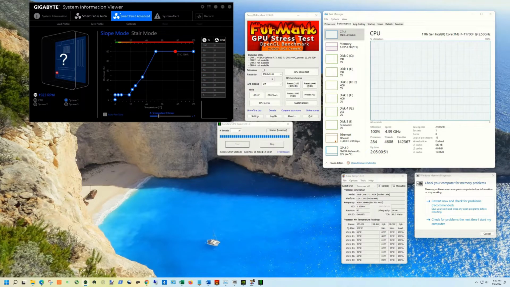Degrees. Now I'll go to the System 1. That's the top fan, and because I'm on SIV, I can actually adjust the fan. So I'm going to move up the fan speed a little bit. Using that little knob there, you can move it up a little faster. Right now it's running at under 1,000 RPMs. I just went to 1,152 RPMs. Whenever you make changes here, you have to apply it on top. So whenever you move one of those little blue dots, you have to apply it. See, I'm going to move it all the way up there now, and then you have to hit apply.